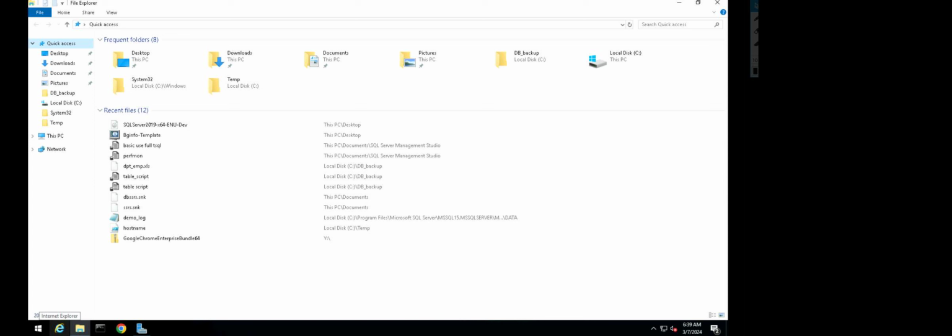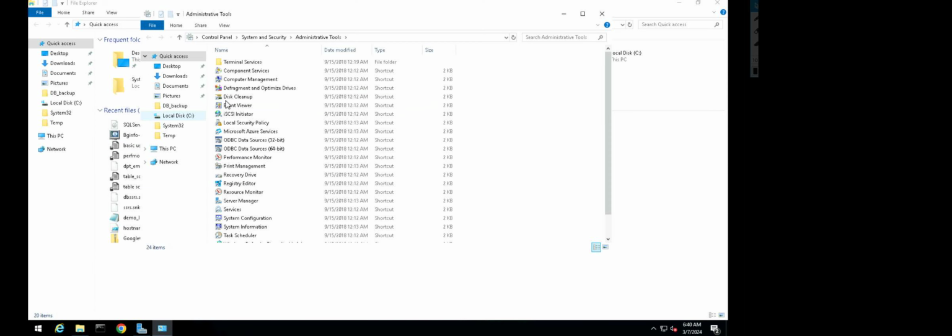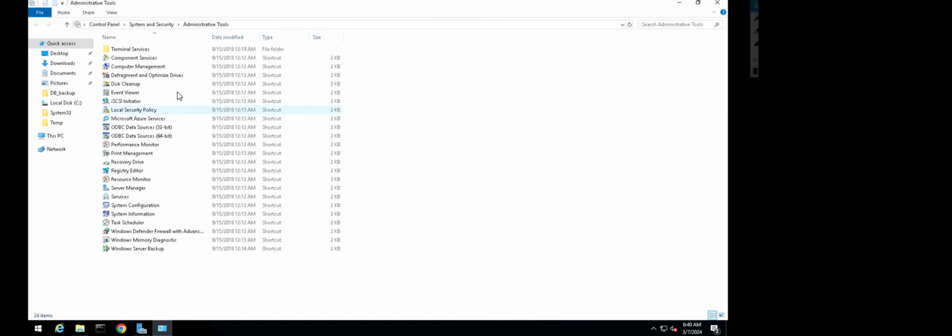Hello friends, so now we are going to enable Windows Failover Cluster Manager. How can we perform that in SQL to implement SQL Server clustering, because this is required. So click on Windows, go to the administrative tools, and you can see we don't have the Failover Cluster Manager here. These are the default Windows tools, so we are not able to find it here. Okay, so just go to the Server Manager,